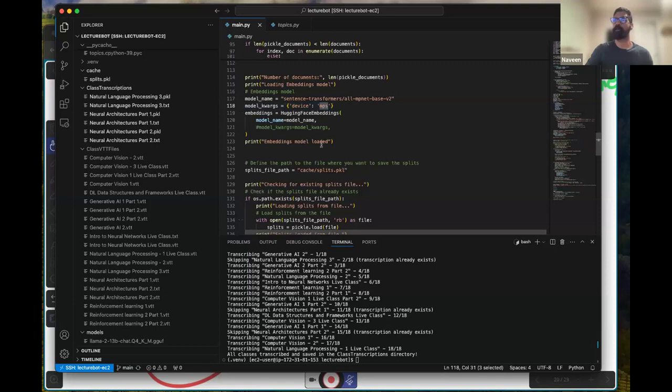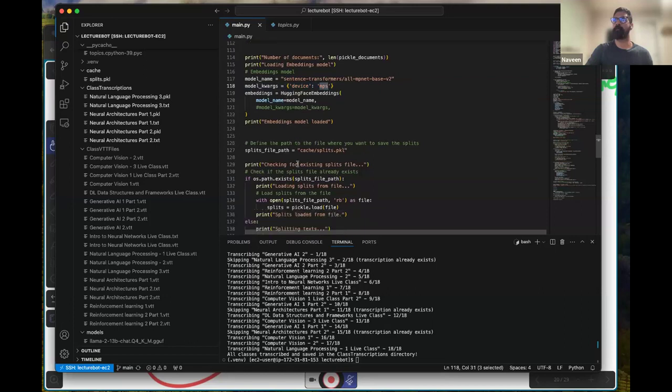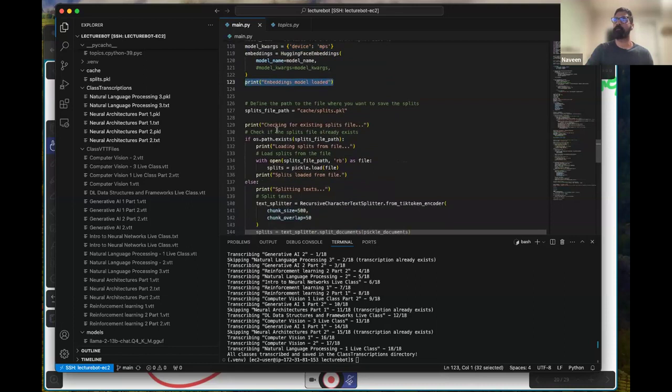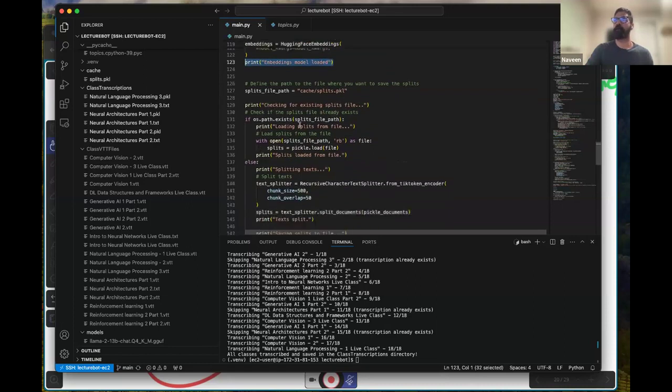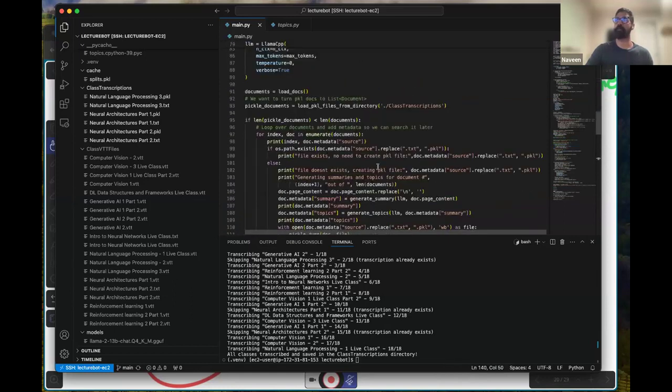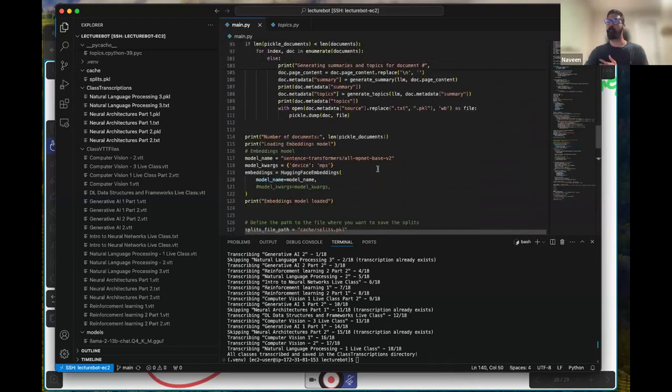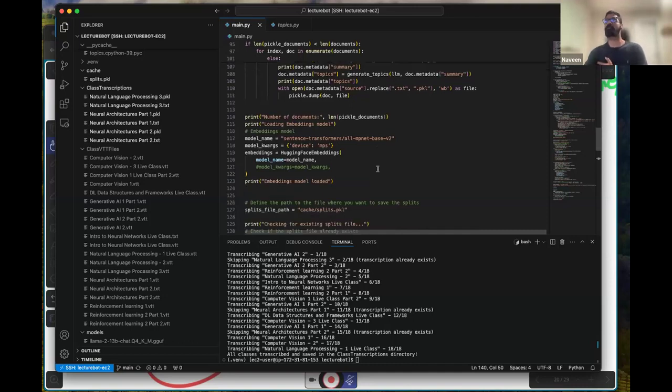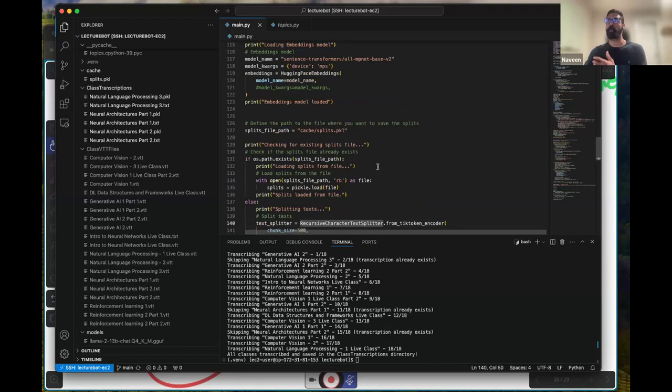So, once you call the embeddings model, you can take the splits, and the next step is to load the splits file that you created. For splitting, we are using this recursive character text splitter. This is part of the Langchain ecosystem. It goes ahead and splits the document into multiple splits of 500 tokens,